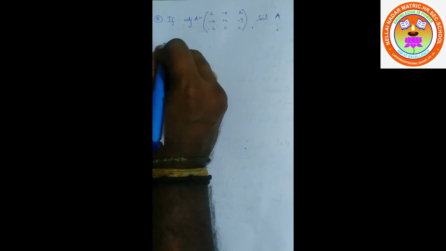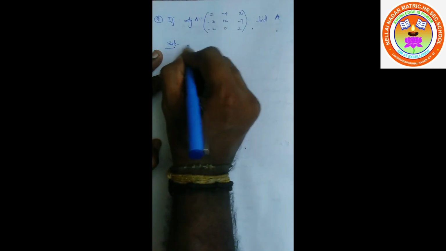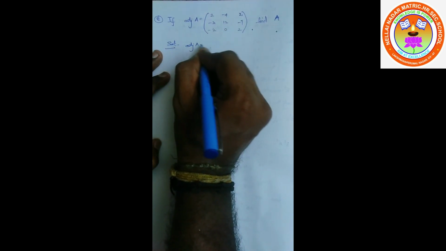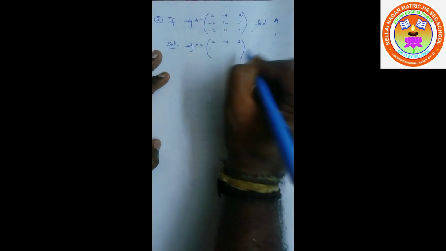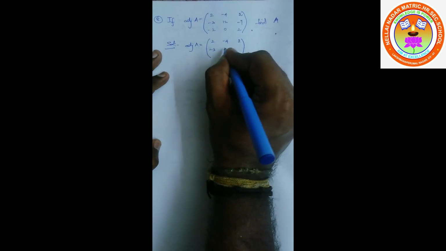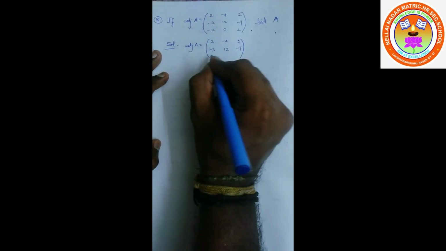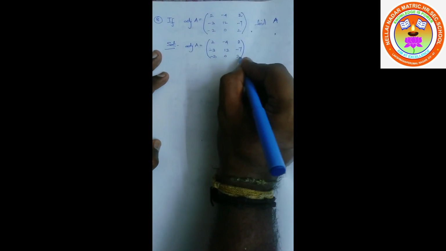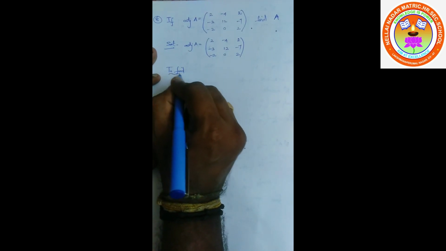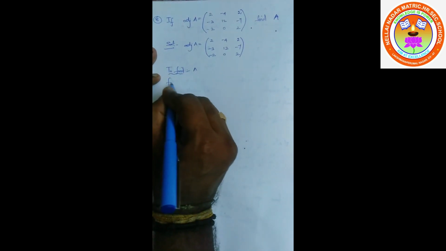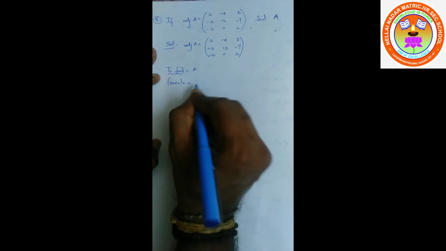So the solution given is adjoint of A. Adjoint of A is [2, -4, 2; -3, 12, -7; -2, 0, 2]. To find A, the formula to find A is